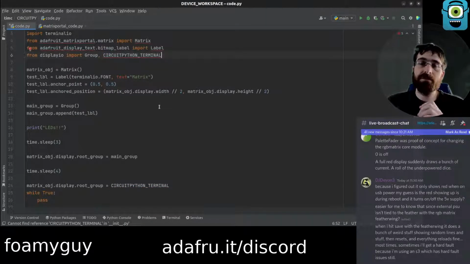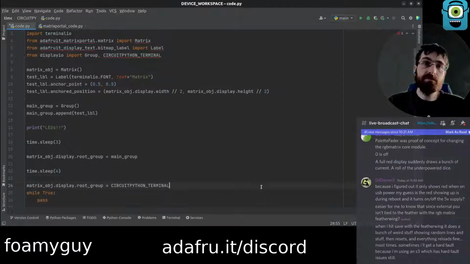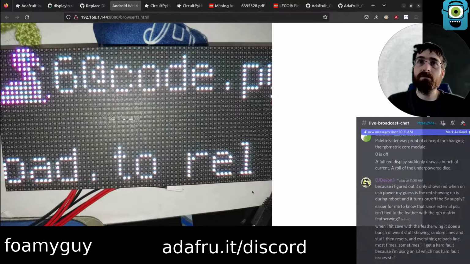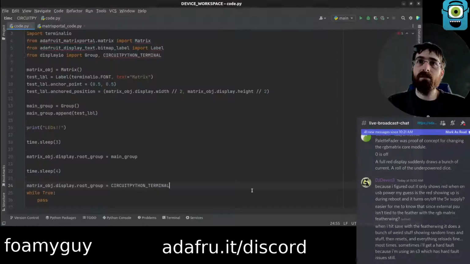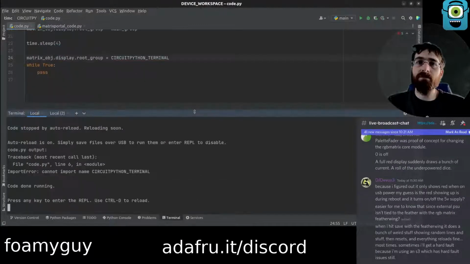Save. I did still get red. Looks like it crashed probably.